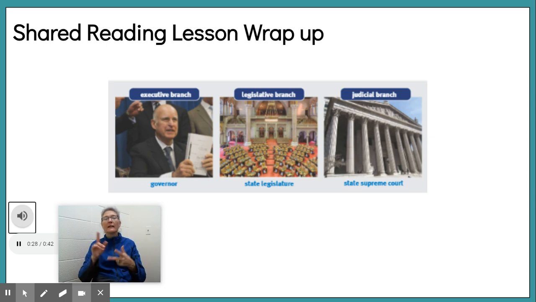And lastly, you found that the judicial branch includes judges who interpret the laws and make sure they are fair and being followed. Tomorrow we will read more about how these branches affect the way we live in our